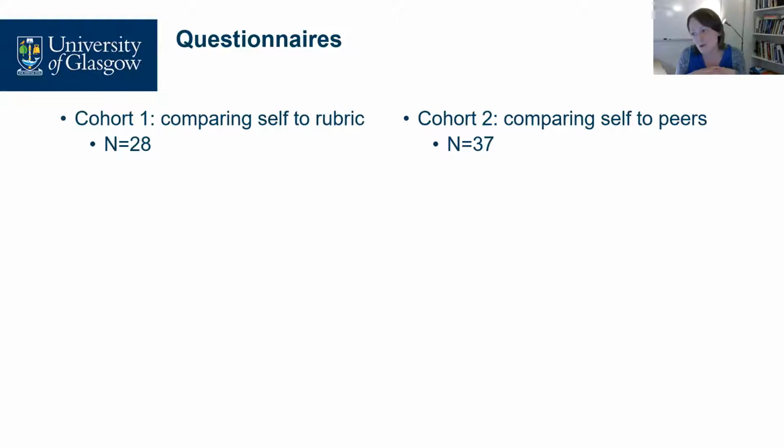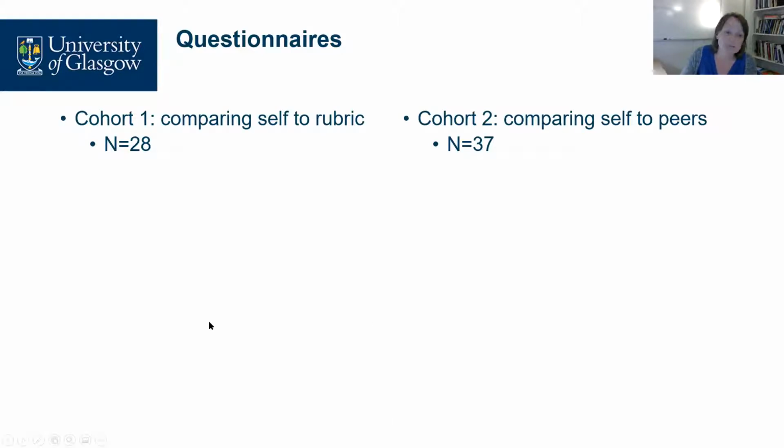The questionnaire was really an iterative process. It wasn't the case that we took the same questionnaire and ran it twice across both cohorts. Instead, there were some things that we were interested in for the first questionnaire. When we got some answers to that, there were other things that we wanted to follow up on for the second questionnaire. So the focus of the questionnaires is a bit different, but hopefully you'll see that they're complementary. I'm not going to make comparisons between the data in the questionnaires because the questions are different.